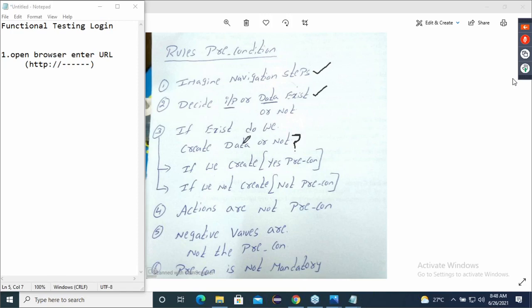He is only entering it. Is he creating or only entering? Correct, only entering. That URL was created by the developer. So now observe what I have written. If we create it, then it becomes a precondition. If we do not create it, then it is not a precondition.